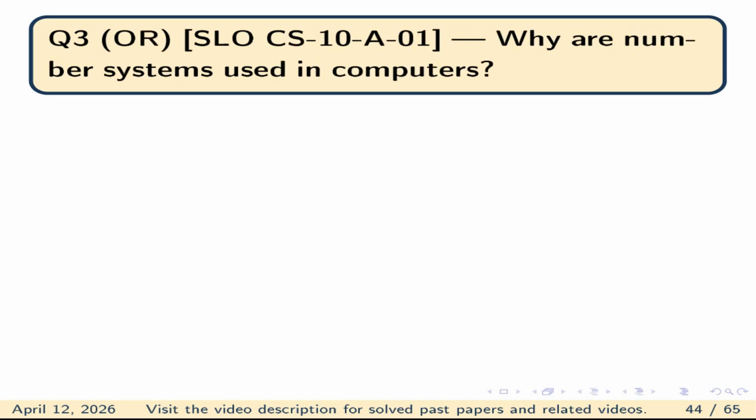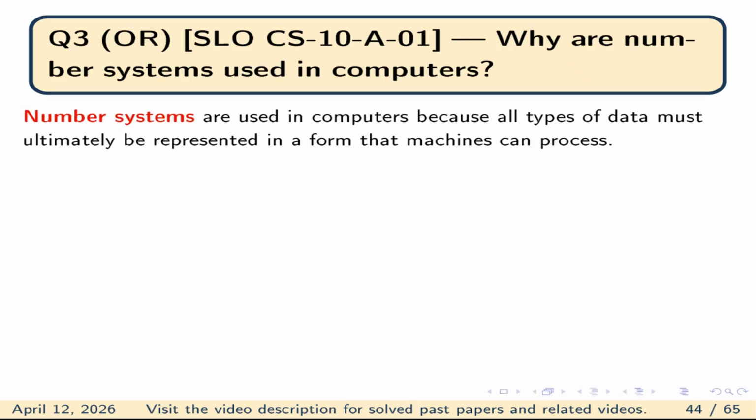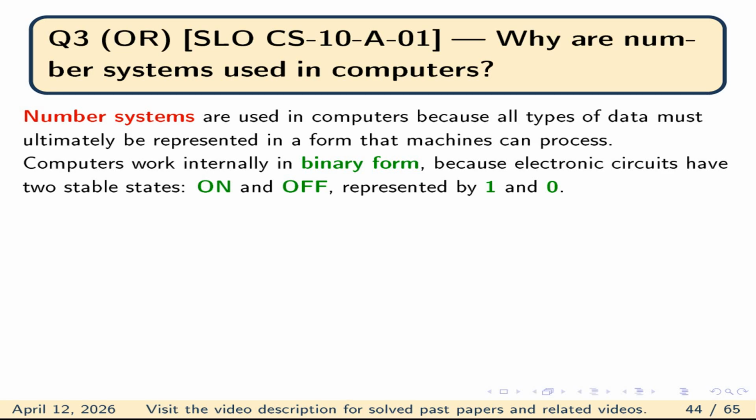The OR option is: why are number systems used in computers? Number systems are used in computers because all types of data must ultimately be represented in a form that a machine can process. Computers work internally in binary form because electronic circuits have two stable states, on and off, represented by 1 and